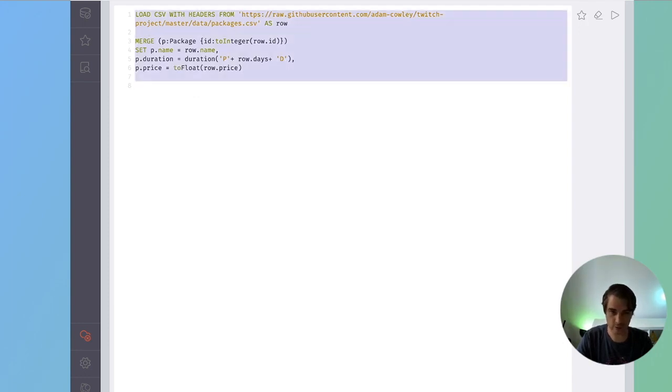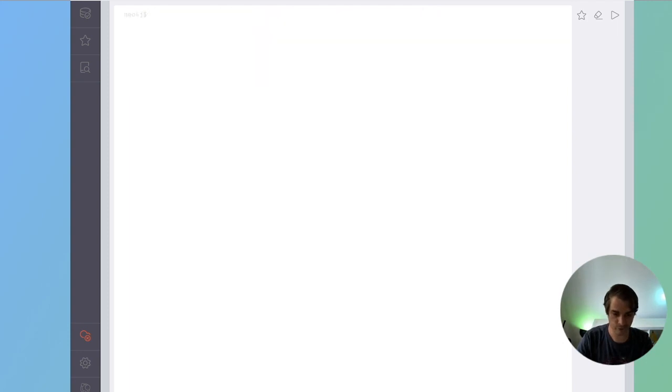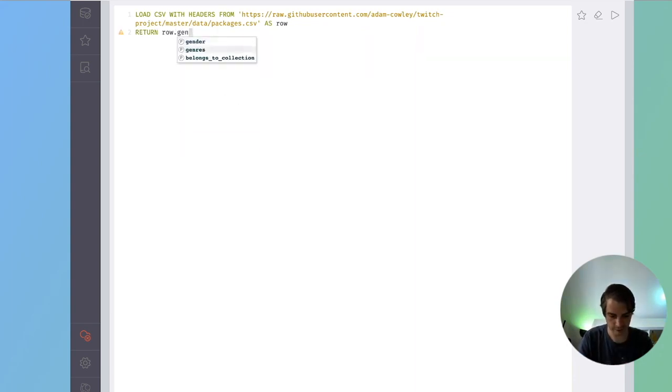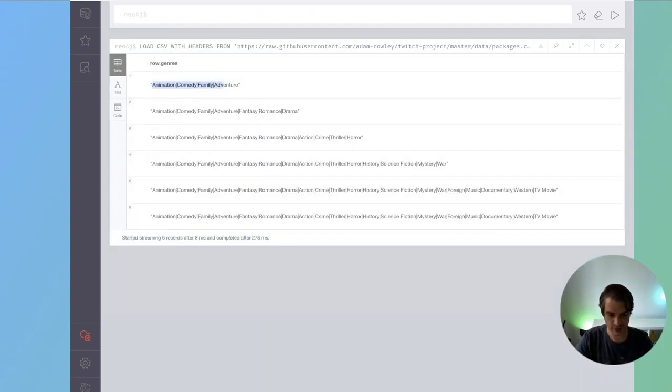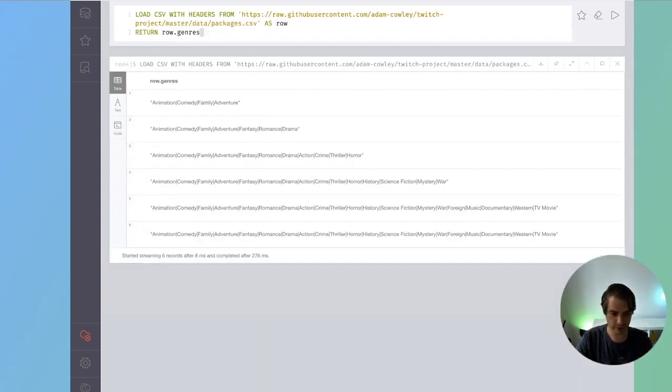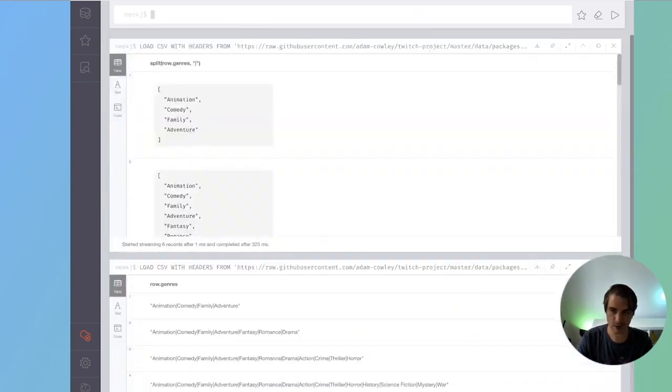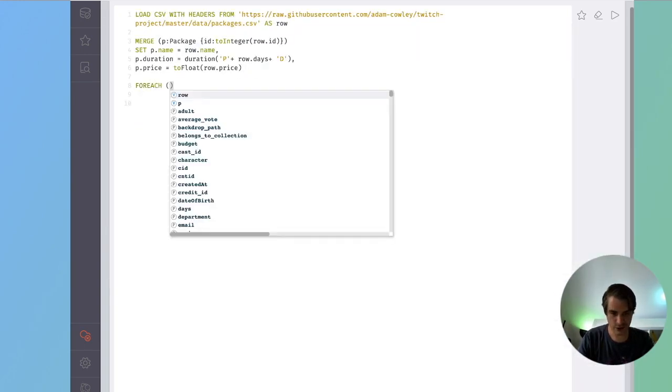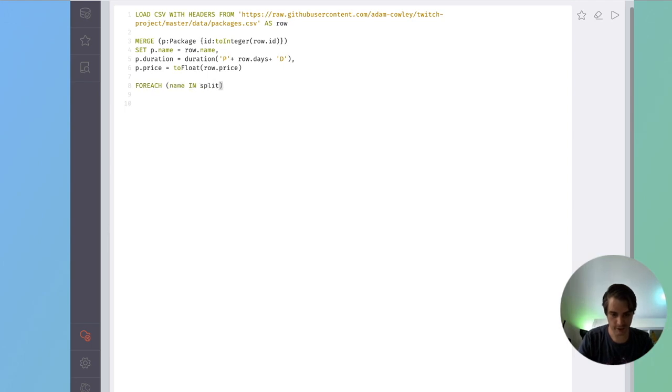The one thing that we haven't done so far is look at the genres. So we've got row.genres. This is a string which is split by pipes, so we can use the split function in Cypher. We split row.genres by a pipe, and that will give us an array. Cool. So we want to say FOREACH name IN split(row.genres, '|'), and pipe that into the next function, which will be merge